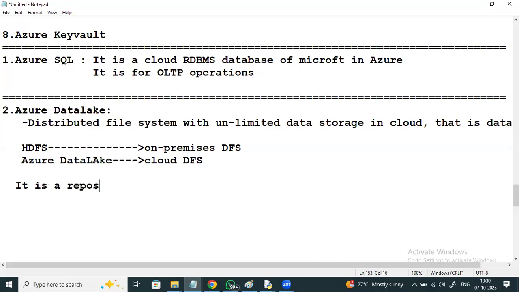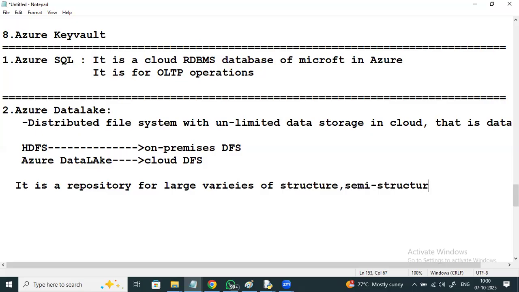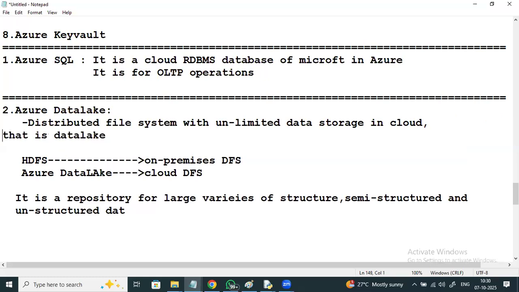I can say it is a repository for large varieties of data: structured, semi-structured, and unstructured data.